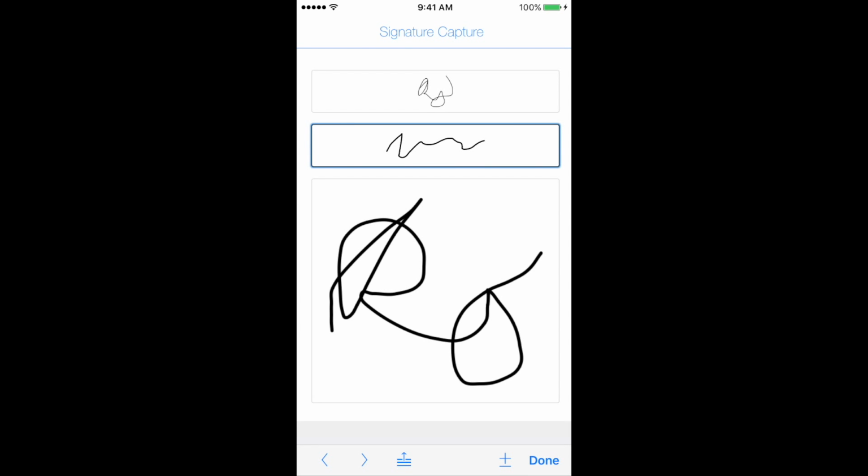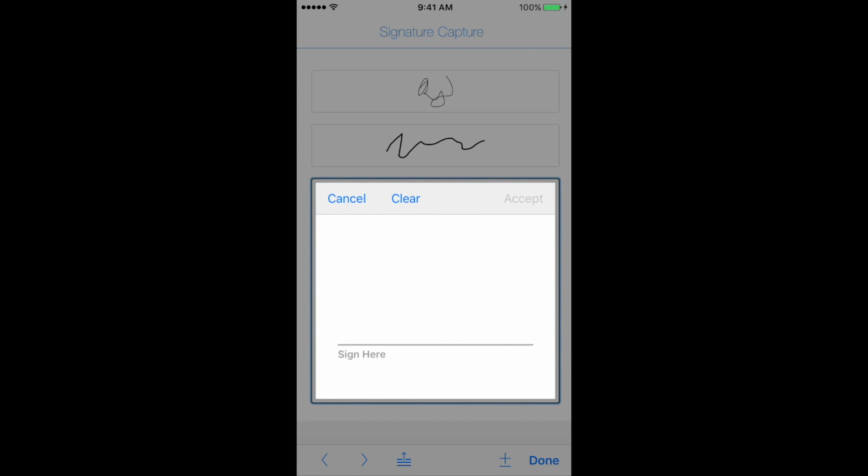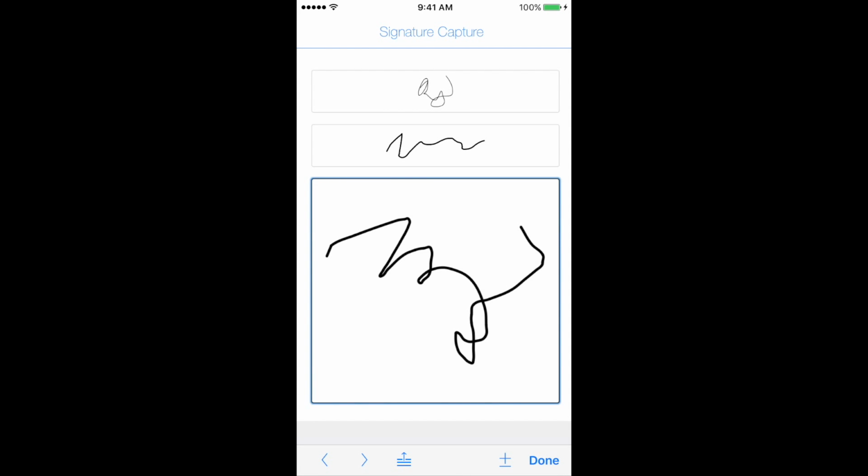Now, the third option we have is called an embed, and an embed is exactly what it says. If I click on it, it brings up our signature capture embedded inside the field, and I can sign here. This is also useful if I have, again, some contract or terms of service. There is a caveat to this field, and this is embedded directly into the layout. If I have my field too small on the screen, it will actually turn into a movable overlay.